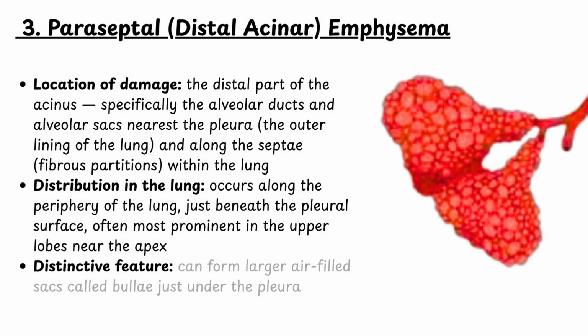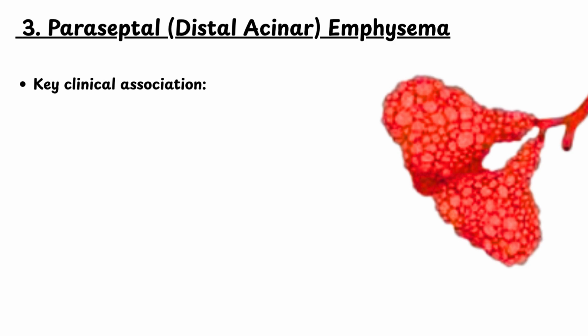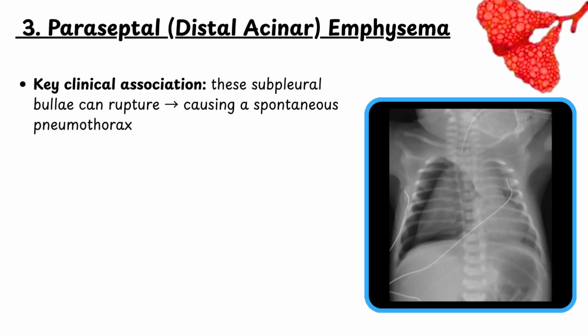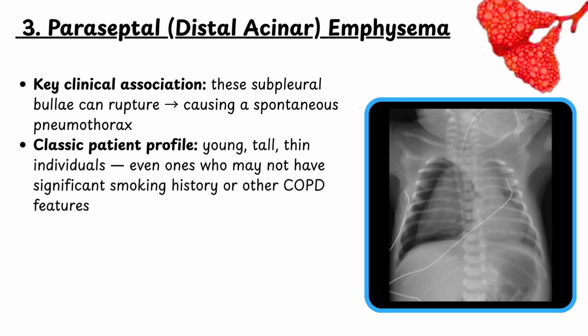Distinctive feature: this can form larger air-filled sacs called bullae, just under the pleura. Key clinical association: the subpleural bullae can rupture, thus causing a spontaneous pneumothorax. Classic patient profile: patients will be young, tall, thin individuals, even ones who may not have significant smoking history or